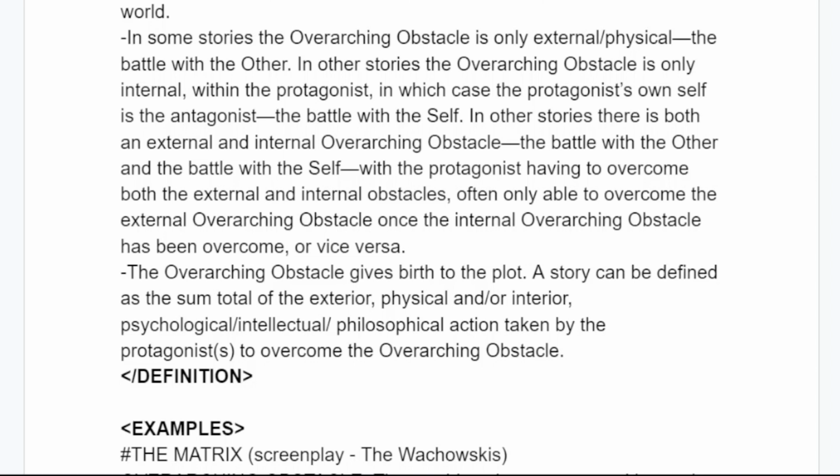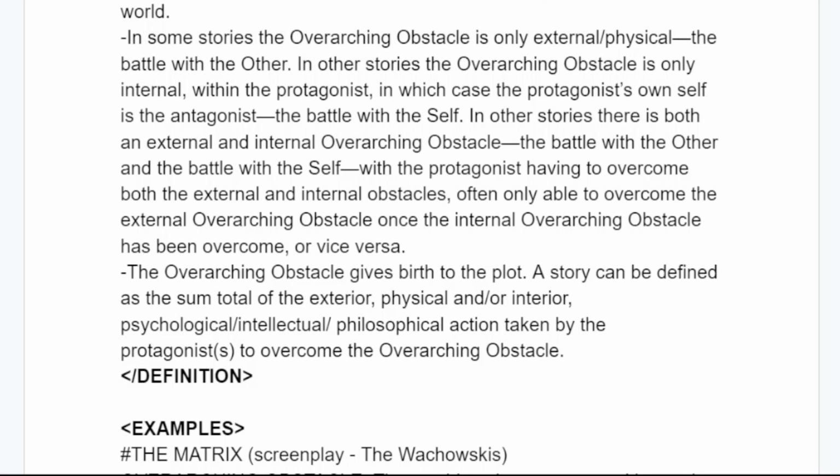In other stories, the overarching obstacle is only internal, within the protagonist, in which case the protagonist's own self is the antagonist, the battle with the self. In other stories, there is both an external and internal overarching obstacle, the battle with the other and the battle with the self, with the protagonist having to overcome both the external and internal obstacles, often only able to overcome the external overarching obstacle once the internal overarching obstacle has been overcome, or vice versa.